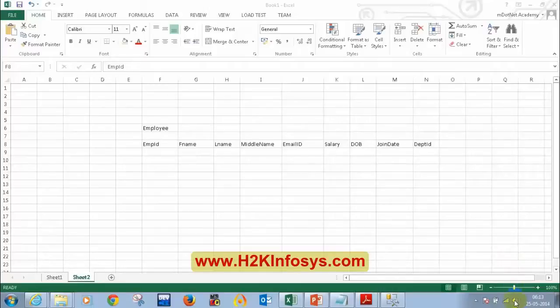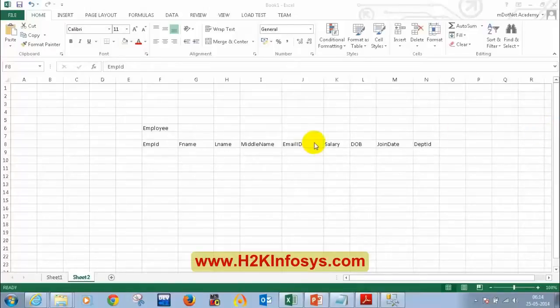The primary key we can use to differentiate one record from another record, and a table must have only one primary key, and a primary key cannot be a null value. Null value is like, it could be zero, but it could not be null value. And it should be unique, cannot be repeated. Perfect. Very good. Thank you, Kavita.